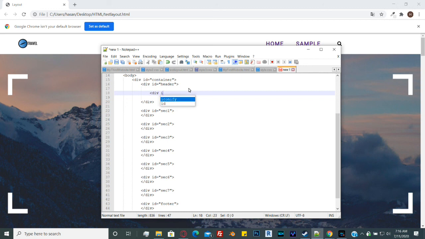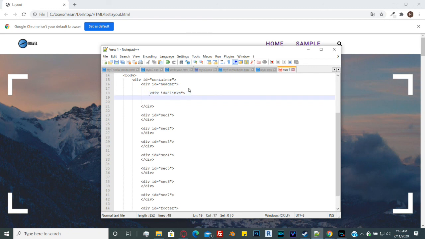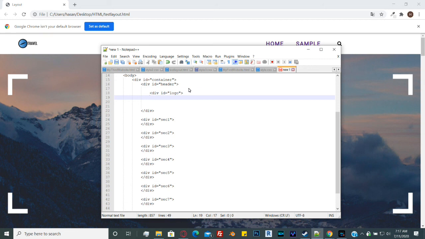div ID is equals to links. Oops, quotation. Div ID is equals to links. Good. And then, no, sorry. No, there's the logo that comes first. So div ID is equals to logo. And then I would have linked my logo. So img src is equals to, and then I would have the link. So let me just show you